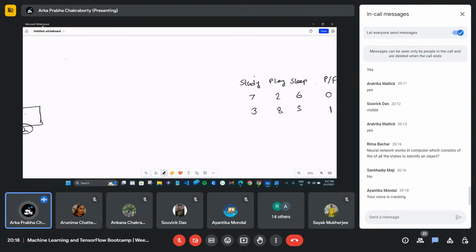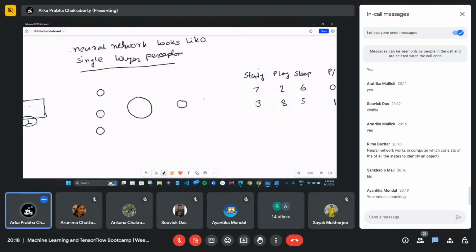You might ask what these round circles are. These are nothing but my features: study, play, and sleep. These are called the input layer.